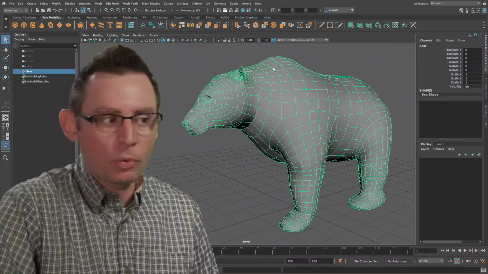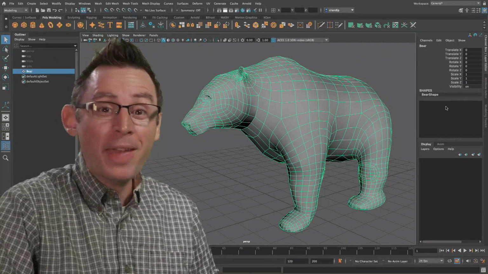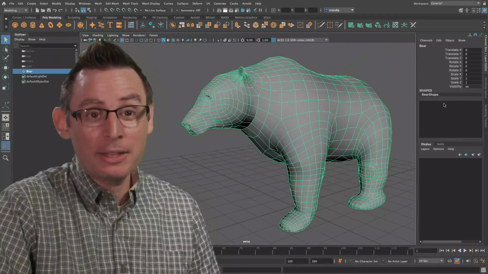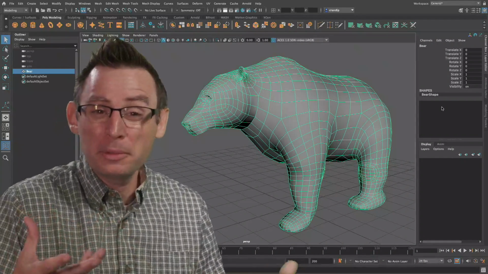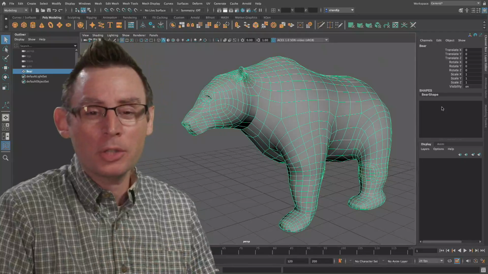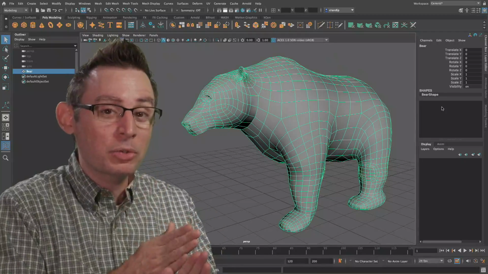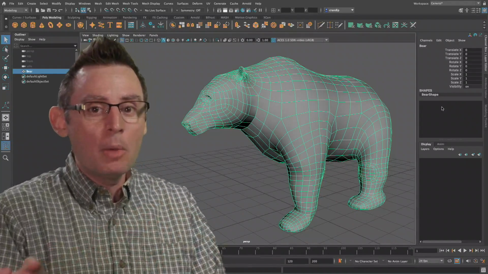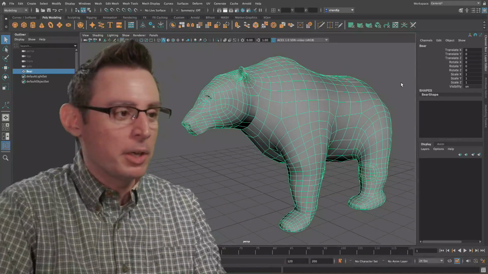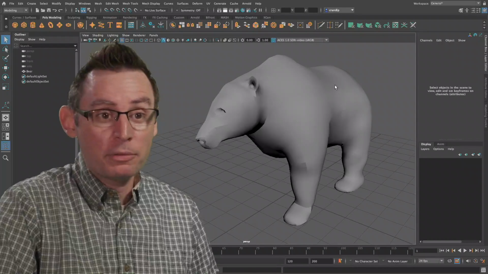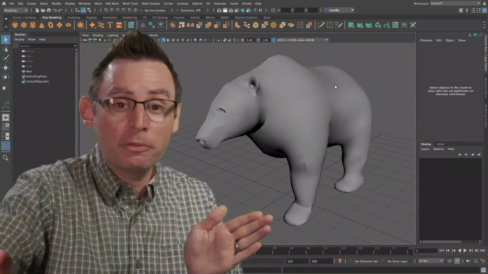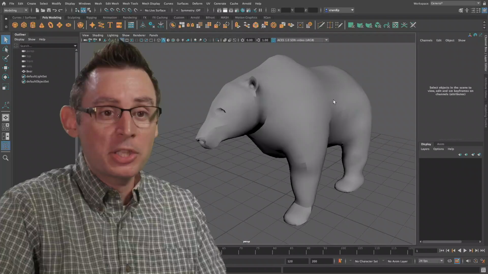And freeze your transforms. We also want to make sure that we don't have any additional input nodes inside of our object history. Often these input nodes can cause some problems, if you will, when we start to mirror our geometry. So it's best to delete your history and freeze your transforms at this stage before we advance onto the mirroring of it. So this is going to be a pretty big destructive edit in the mesh itself. We're fundamentally taking a step forward in the production stages of this model.